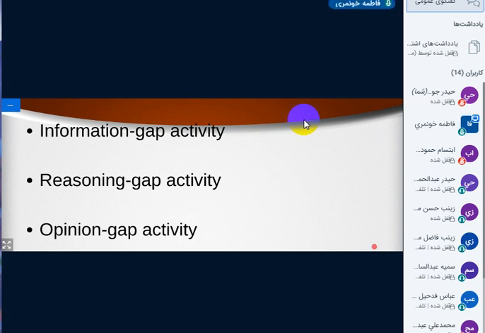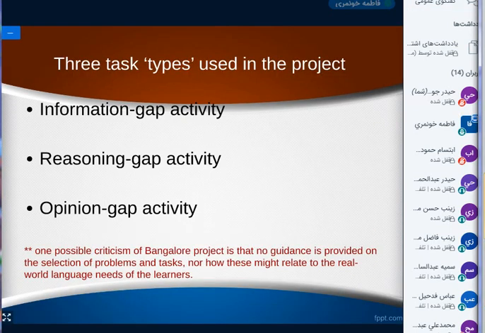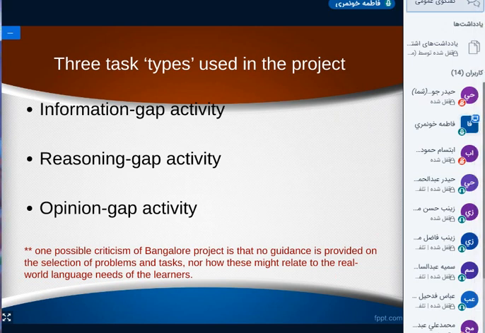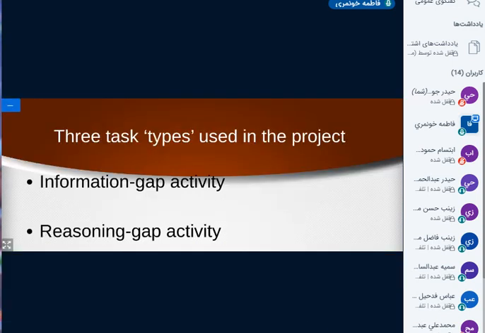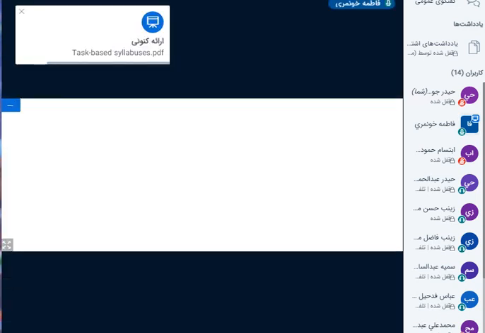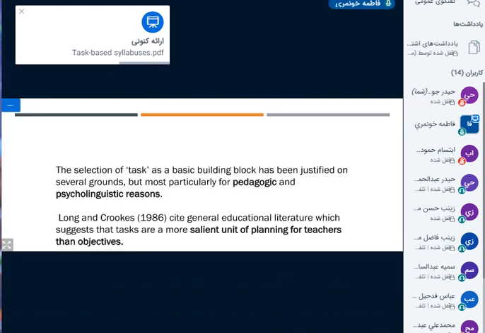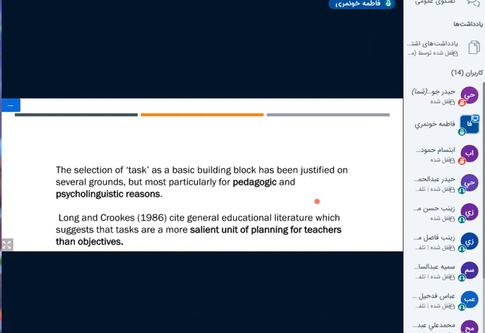All right. So if you don't have any questions about these three types of activities, let me share a new file with you. It's about task-based. Now we are going to move on to task-based syllabus. Yes, task-based syllabuses, starting with,